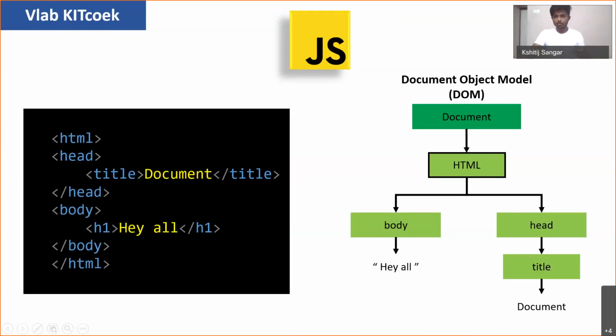I'll just run you through what the objects are. The very first object is the document itself, and the first object inside it is the HTML tag. Inside that, the two different objects are body and head. Inside head, there's another object that is title. You can see that the text is not highlighted and not inside a block, because it is not an object. It's a text that can change, so we don't consider it an object. Another one is the body and the heading.